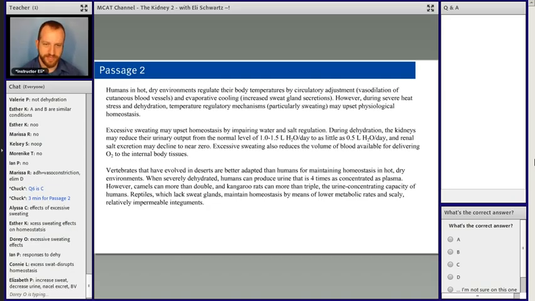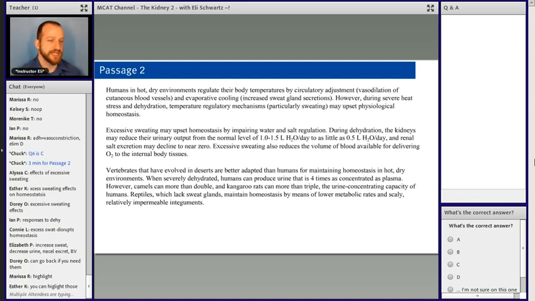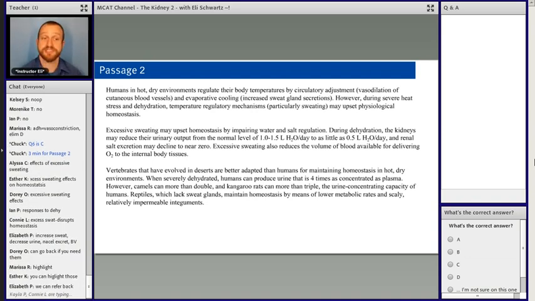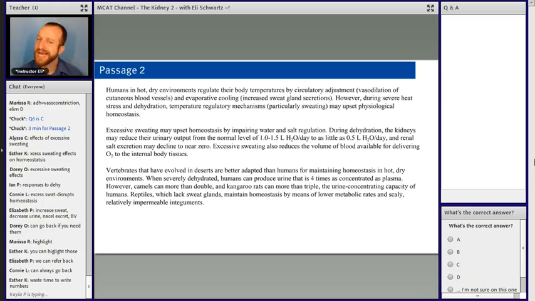Why not put down 1 to 1.5 and then 0.5 as the low value and then near 0, because we can go back to them exactly right there. We know exactly where they're going to be. Excessive sweating, disrupting homeostasis, and where were the numbers? Paragraph 2. Exactly, Connie. I might even recommend, to Marissa and Esther's point, highlighting the extreme